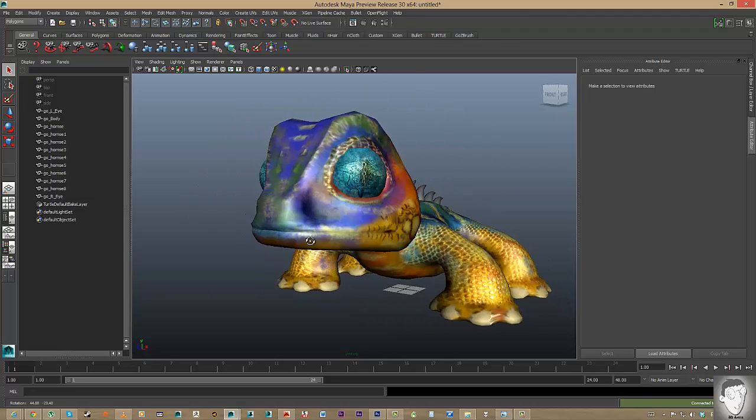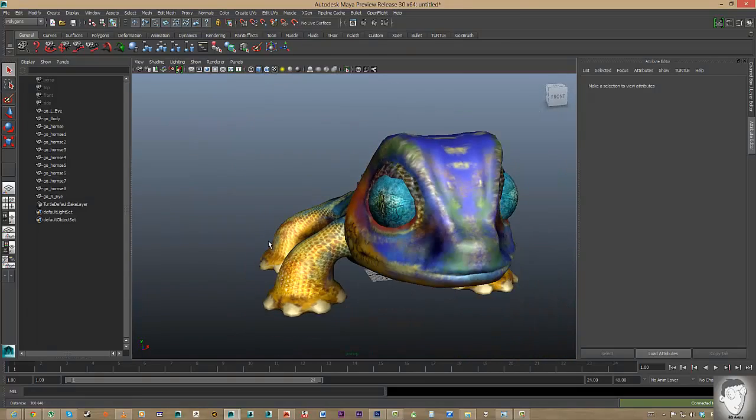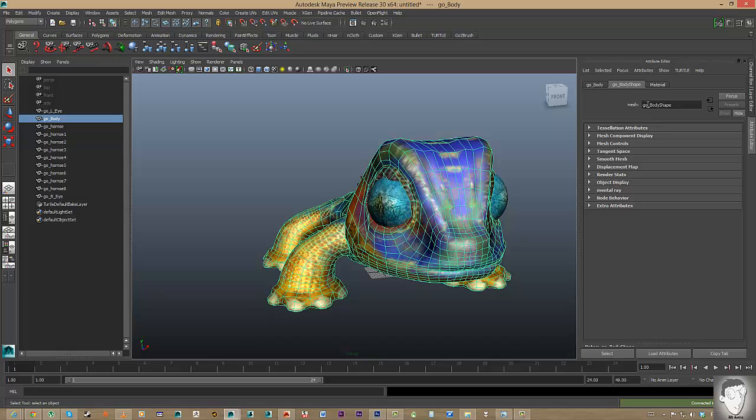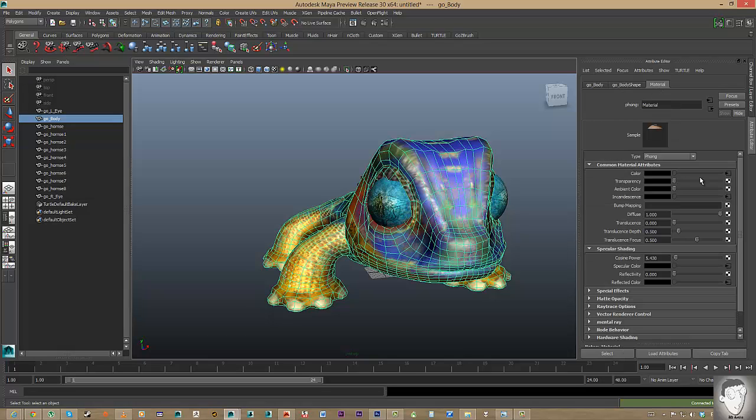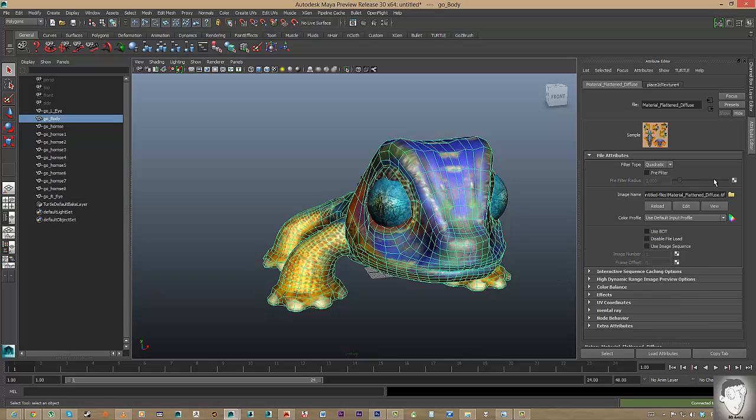Everything looks wonderful. The only thing is, if I go into my material, I can see everything's been sent to the right place. And if I go into my file, I can see it's been sent to images, and then wherever it is